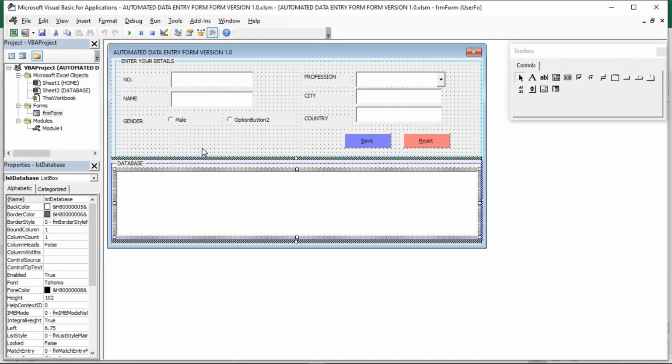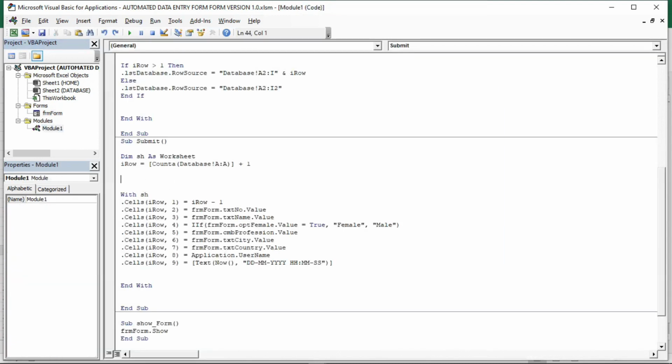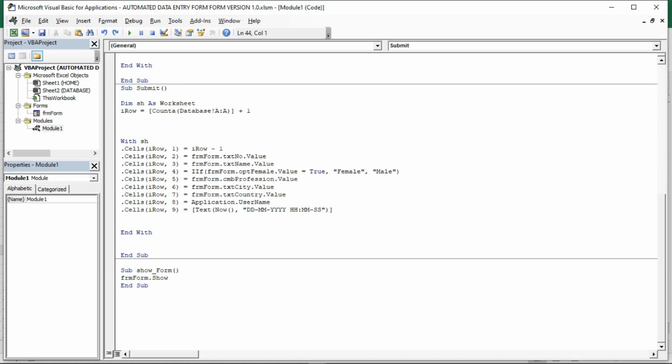Let's realize that there's a code that we forgot to add there in our module. Now I want us to add it, otherwise it will not function. Just click on this module, and here where we had the submit codes, just after this arrow, let's set now. We forgot to set this variable, to assign that variable, so it should be: set sh to this workbook